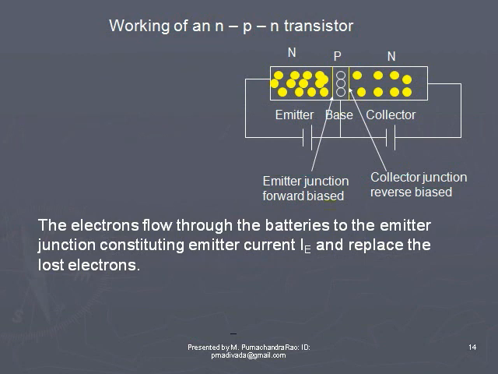The lost electrons in the emitter will be filled by electrons from the negative terminal of the emitter bias. From the negative terminal of the emitter bias, electrons will flow into the emitter. So a current flows in the emitter circuit, that is the emitter current. Like this, three currents are constituted: emitter current, base current, and collector current. This is how the NPN